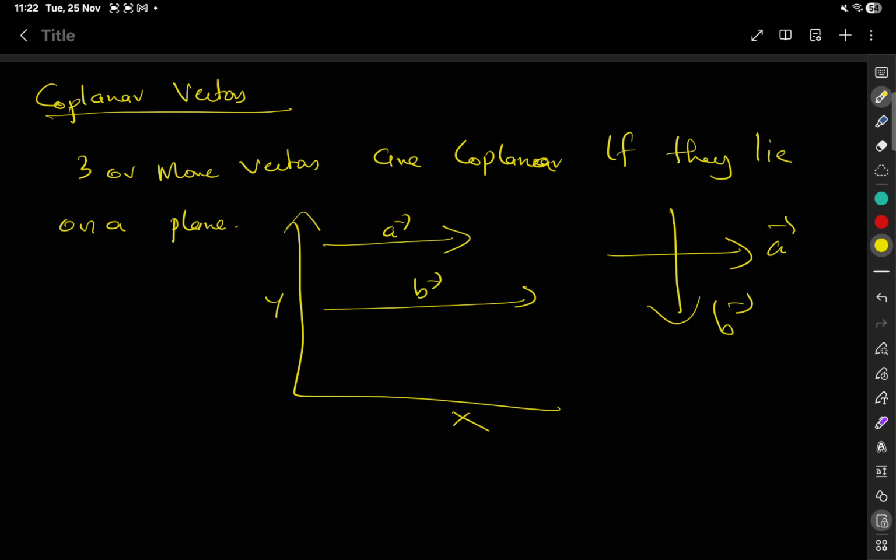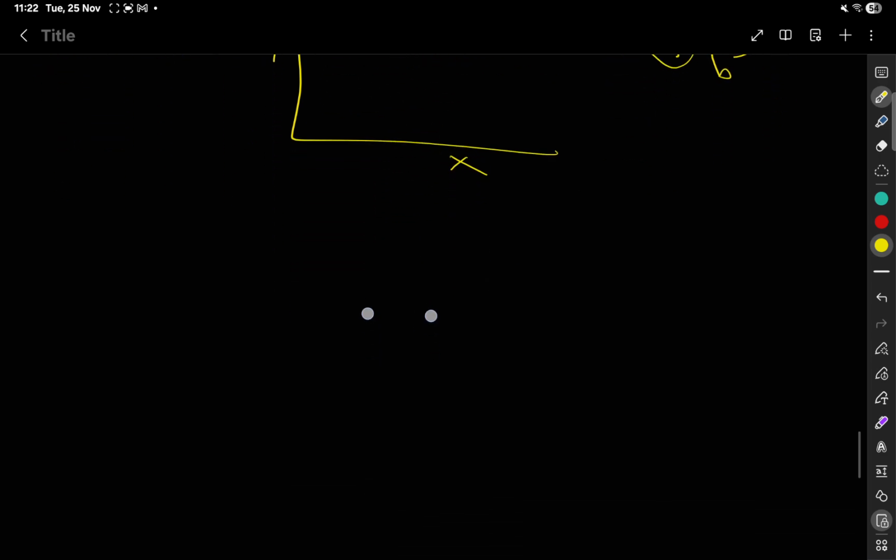Then also these two are coplanar vectors. Why are they coplanar vectors? Because we are dealing with free vectors. Free vectors can be moved parallelly. So any two vectors are coplanar. You take any two vectors, they are coplanar. Okay, for more clarity,